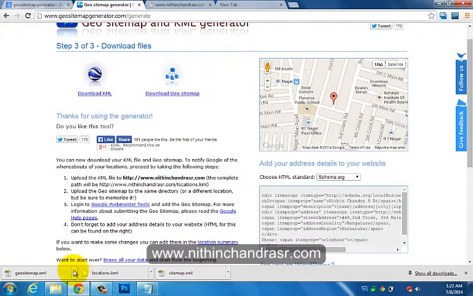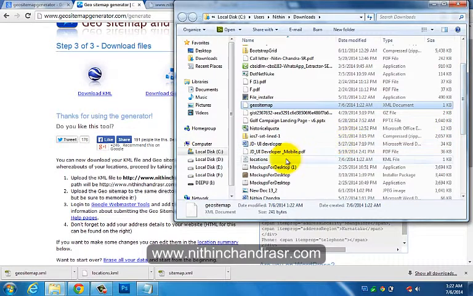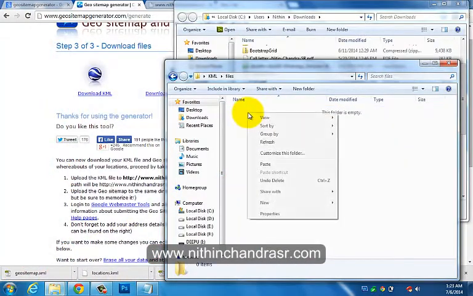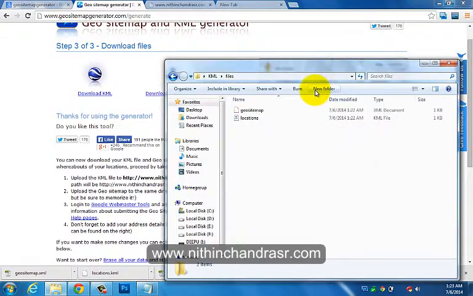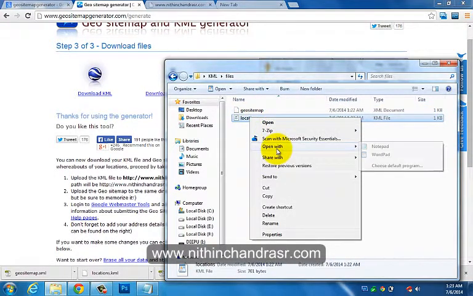So we'll take these files from the download folder. Okay, so we have the files over here. There is a KML file and an XML sitemap file. So we'll see the KML file first.